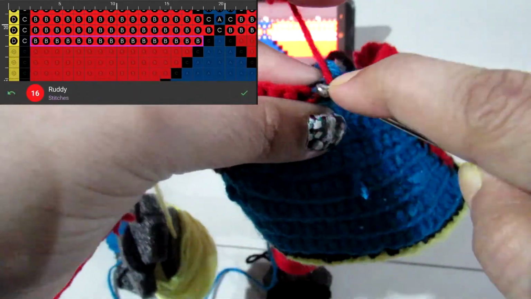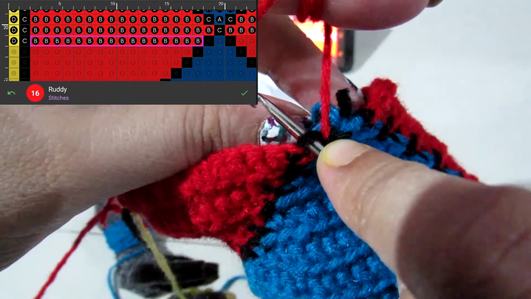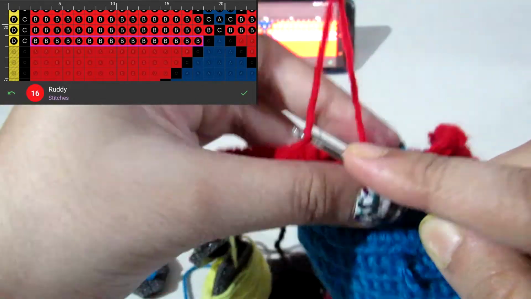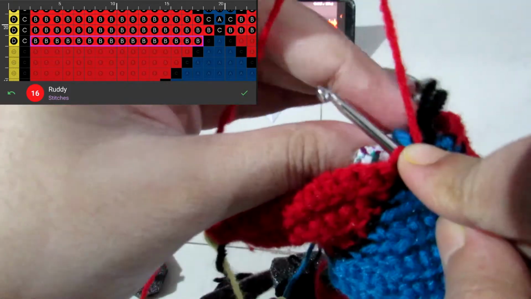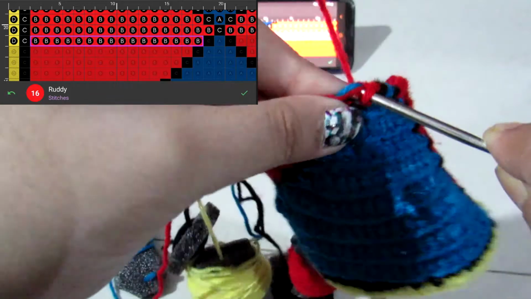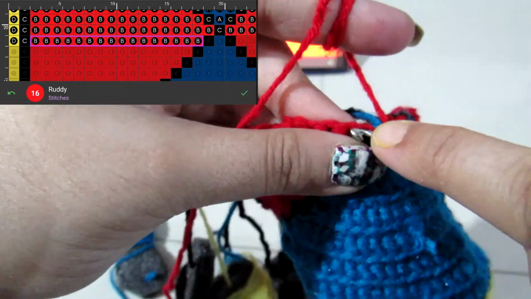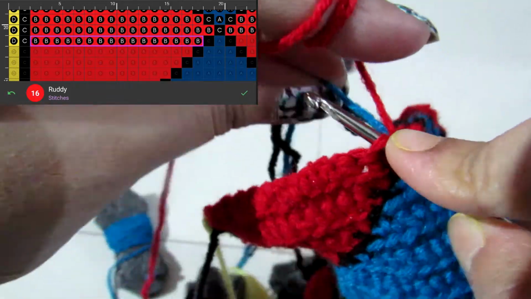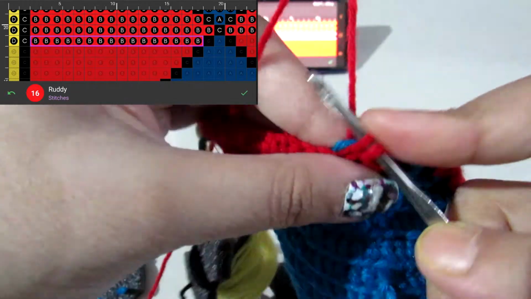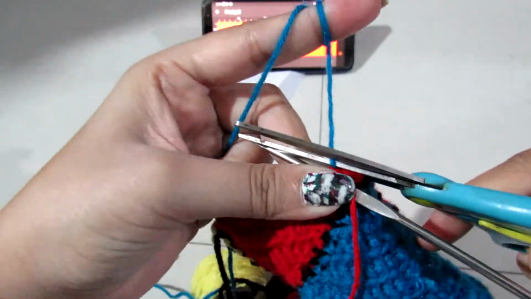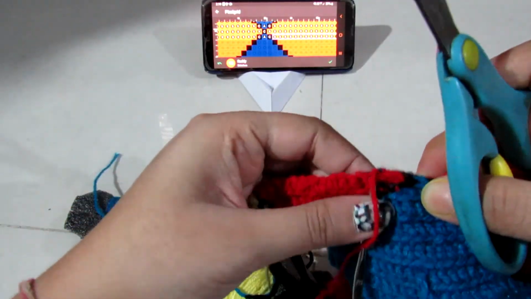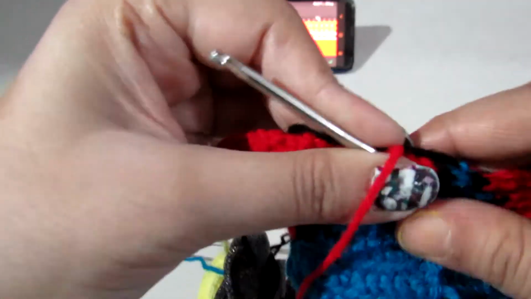Then again for the next red stitch, take the blue yarn over the needle. Do this for at least 3-4 stitches. And now just cut off the blue yarn. So you will see that you won't be able to see the blue yarn and it's gone.